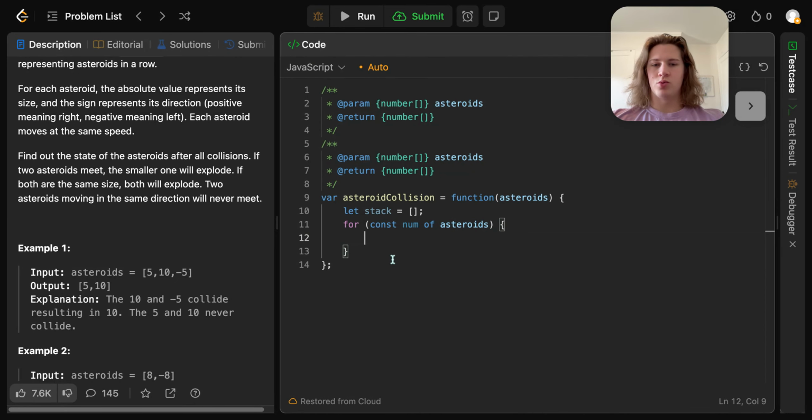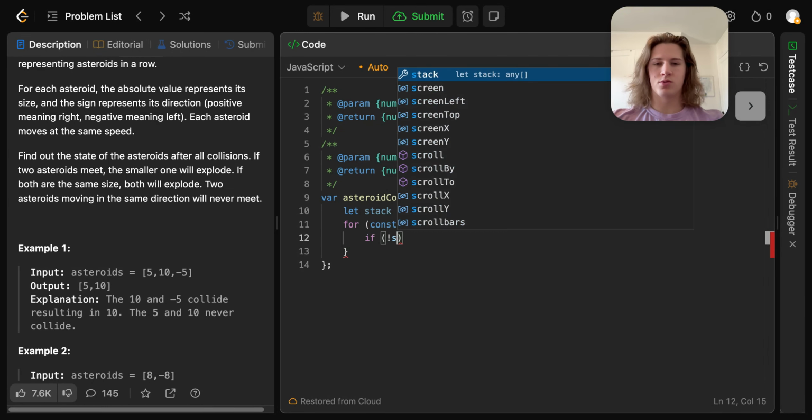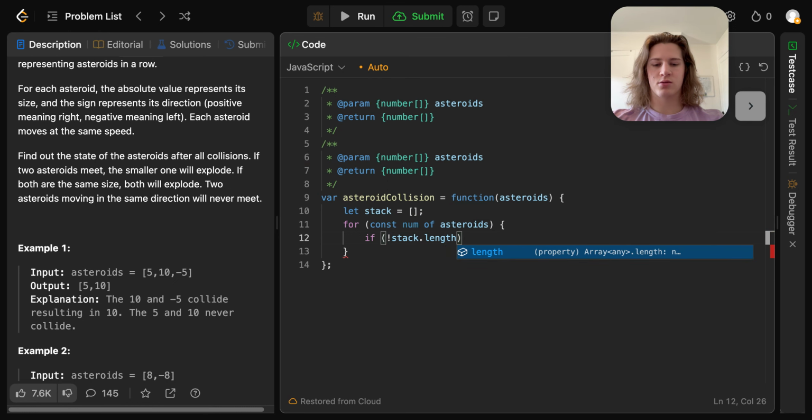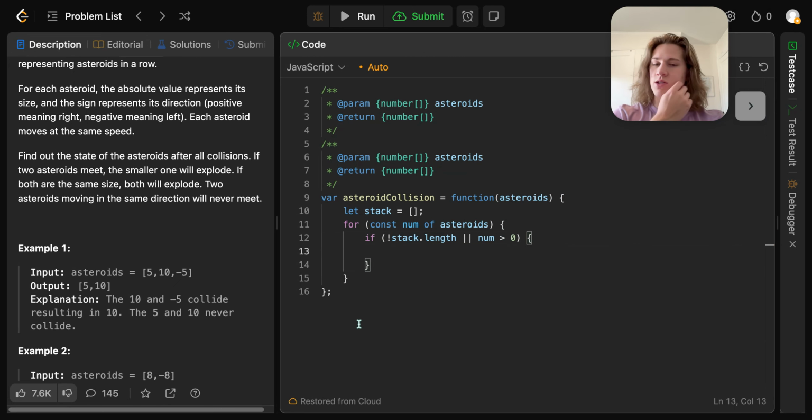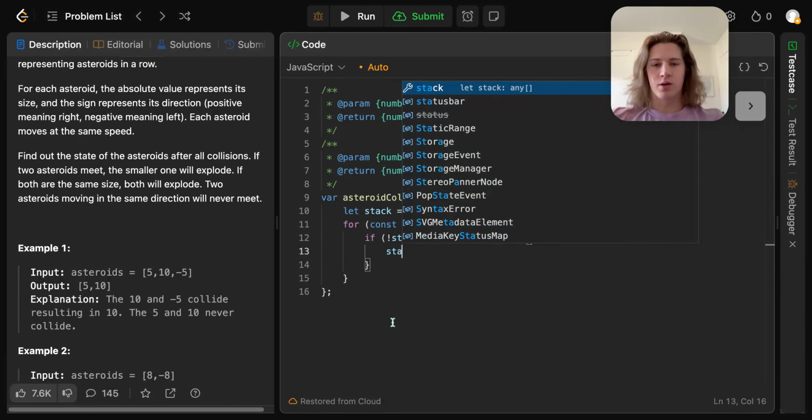So to start this off, if there's nothing in the stack, or if the number to add is positive, so it's greater than 0, we can go ahead and push it